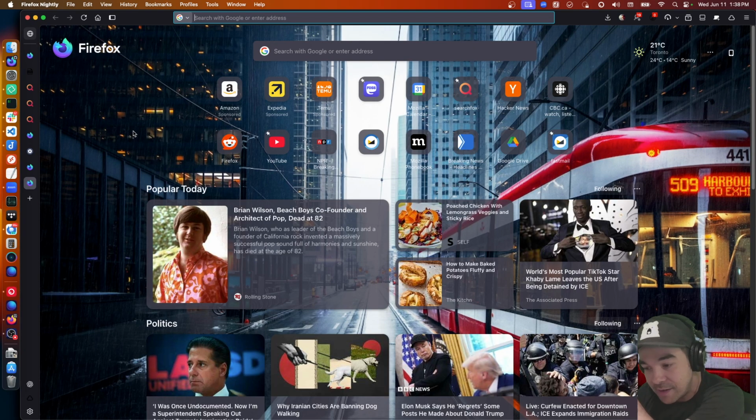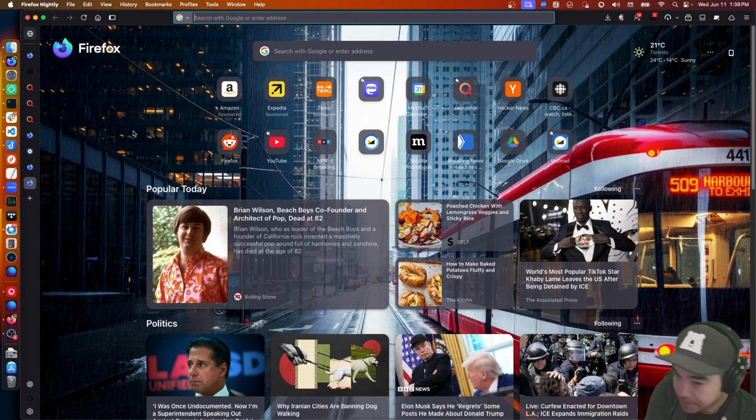So that performance optimization is controllable with a pref, and this is what we would call a perceived performance optimization, where we're not actually making anything in particular faster. We're just doing a little bit of sleight of hand, an illusion to make something feel faster. And we're trading resources for time. Specifically, we are preloading the next new tab in the background, and then whenever you open a new tab, we instantly switch to it.